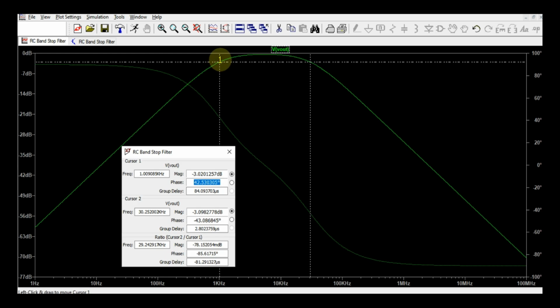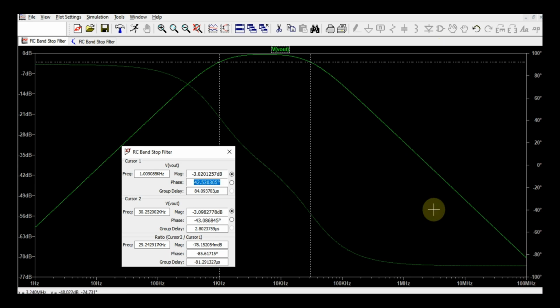So you can see this is the behavior of your high pass filter. That means below your low cutoff frequency, your filter is attenuating the magnitude and it is passing after the low cutoff frequency. So this side is called a stop band. Below 1 kilohertz down to 1 hertz, your stop band is there and your band pass filter is attenuating your output. And this is your low pass filter, and this side is also a stop band, from 30 kilohertz to 100 megahertz.